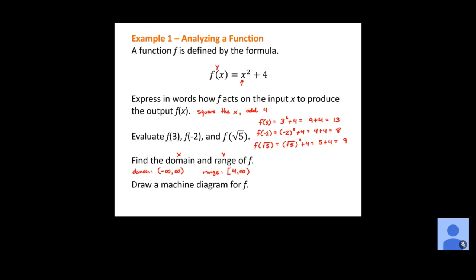Okay, and the last piece here, I'm not going to ask you this on a test, but there are some in the homework that ask for a machine diagram. This is basically just saying if I start with x, I'm plugging into some function machine, and it's going to output an f of x value. And within that machine now, we just need to describe what's happening. Well, it's basically exactly what we said in the top part, right? We're going to square the x, and we're going to add 4. And so this would say square x, add 4, and that would be our function machine, right? So every x I'm inputting in there, I'm going to square it, I'm going to add 4, and that's going to give me my output of f of x.